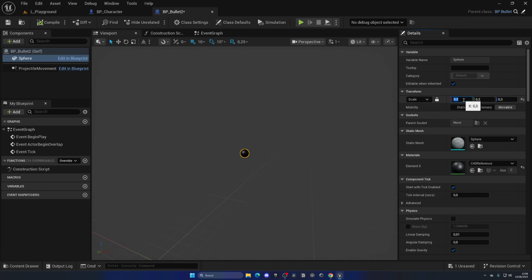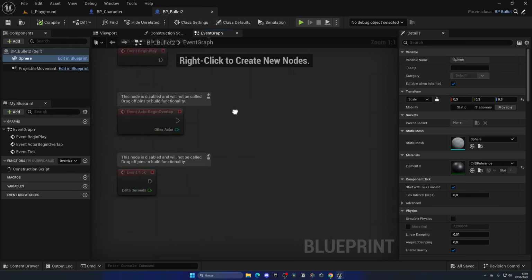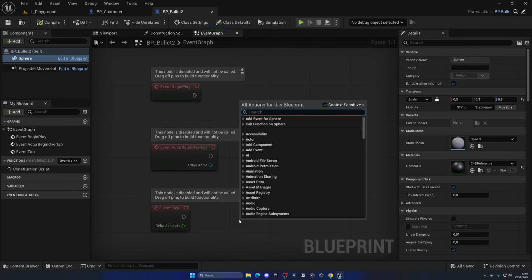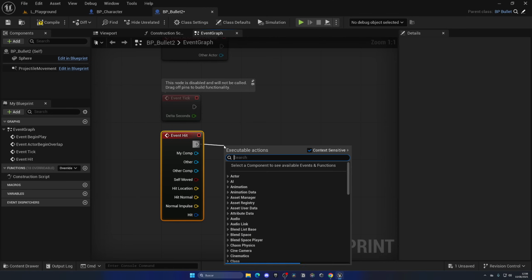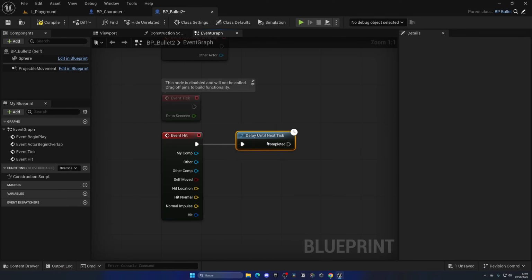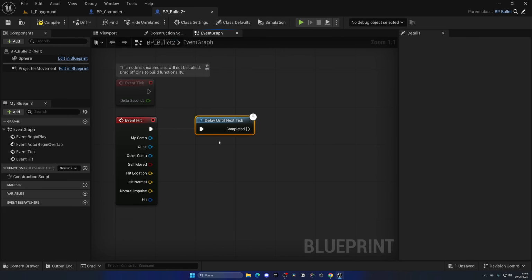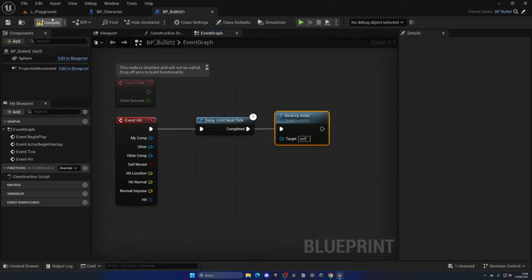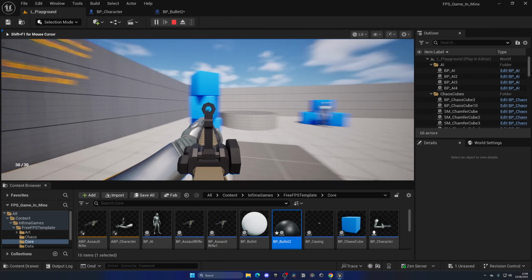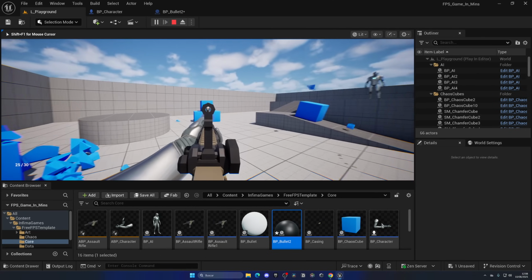So for example, let's put this at 2.3, so it's just a bit bigger, but we're going to go to the event graph, and we're going to go on the hit. So on the event hit, let's go ahead and do a delay until next tick, so all the ragdolls and everything work. But then we'll go ahead and destroy this actor, and if we do this, we have now actually